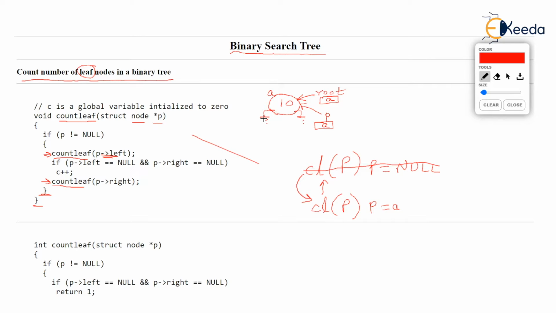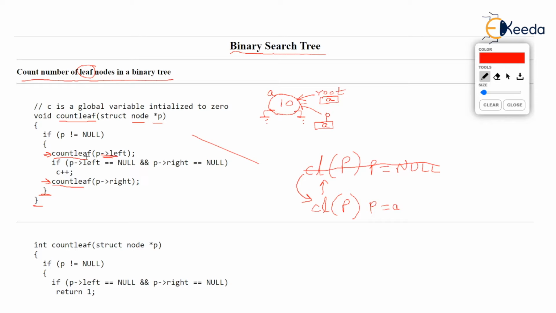The calling function was 10. So now that we are back to 10, back to this function, the line will resume in this function. Yes, everyone. Which line will resume in this function? The if statement will resume, because last time count leaf p, when p was at a, was busy with the line count leaf p arrow left. I hope you got it.